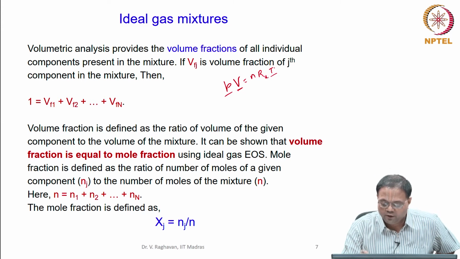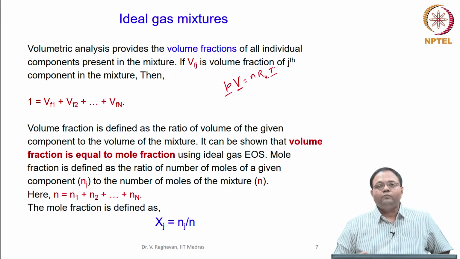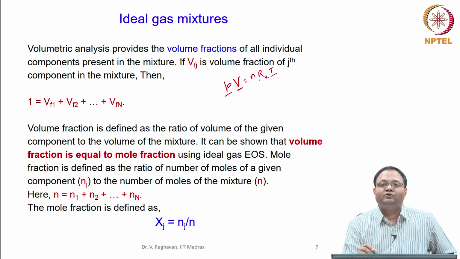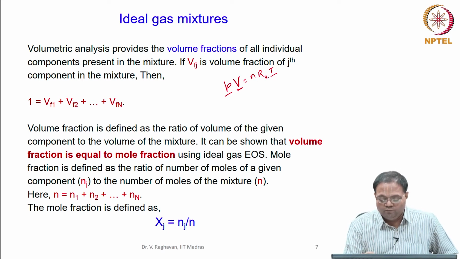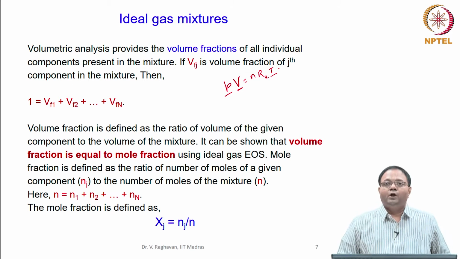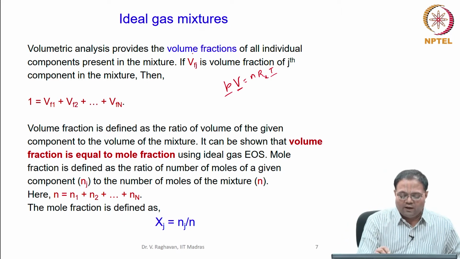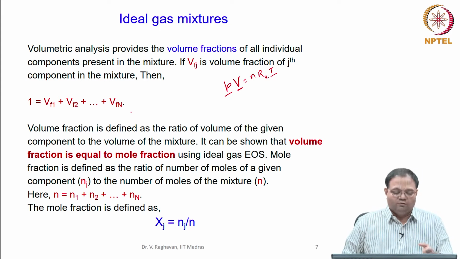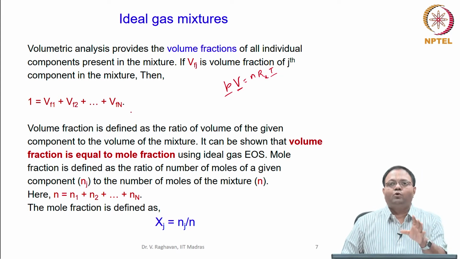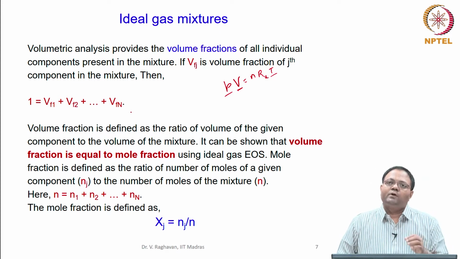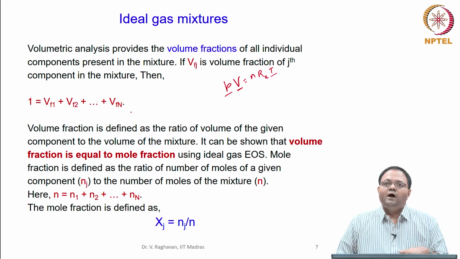So, this is R_u. R_u also is known to you. So, now this will be the equation which will be obeyed by the mixture when it occupies the volume V, exerting a pressure P at a temperature T. Now, I remove this mixture, and by the volumetric analysis, I know the volume fractions of individual gases. So, it will say that CO is this much, CO2 is this much, O2 is this much, and so on. So, volume fractions of each and every component present in the mixture will be identified.